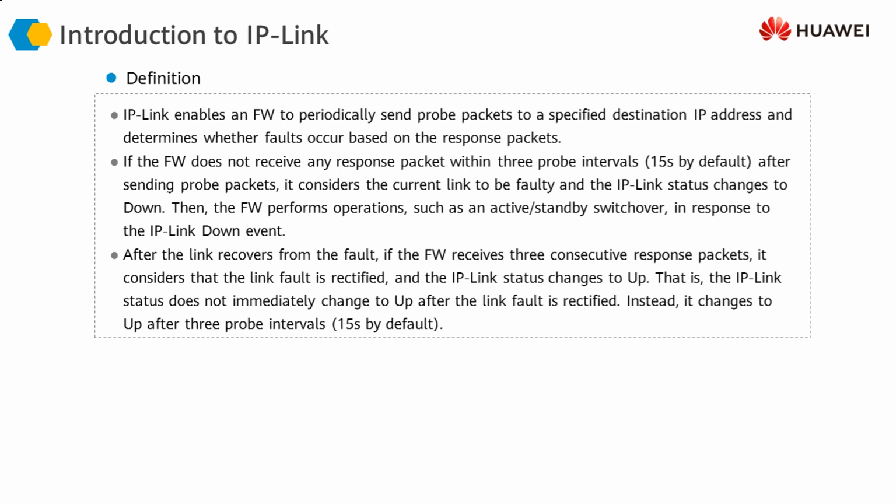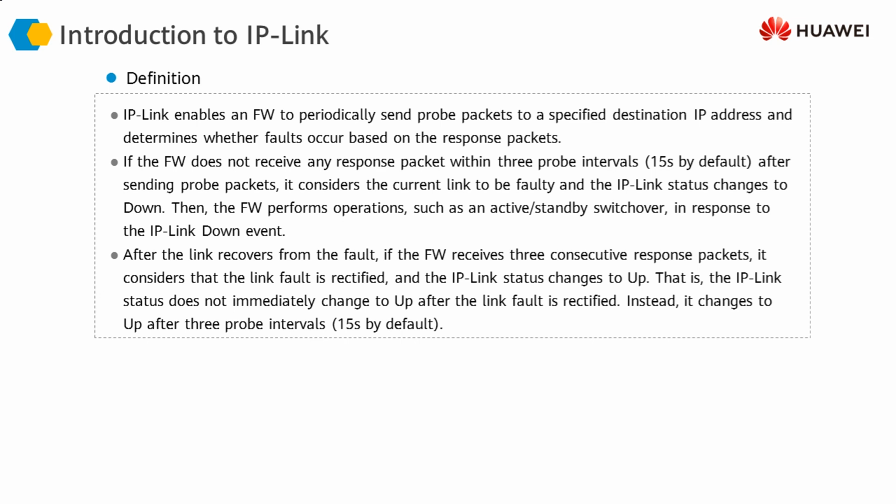What action it takes depends upon our configuration. Whatever we configure on the firewall, it can take appropriate action. And once that link or that particular IP address becomes available again, the firewall can start sending traffic through that particular link. Normally the firewall sends probe packets every 5 seconds, and the timeout is 15 seconds by default, which means that if for 3 intervals no response is received, then the firewall would consider the link or the destination as down, and then it can